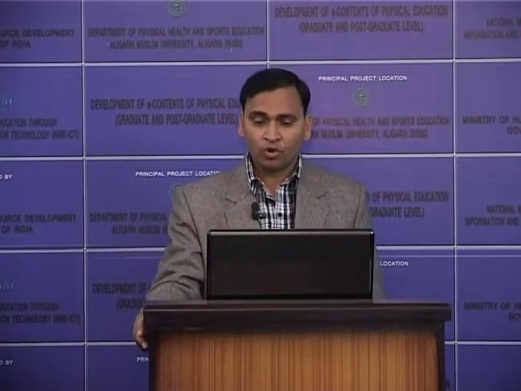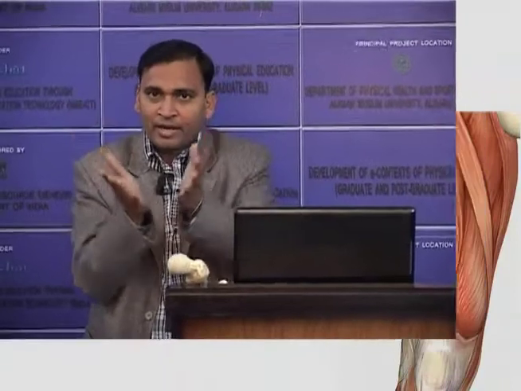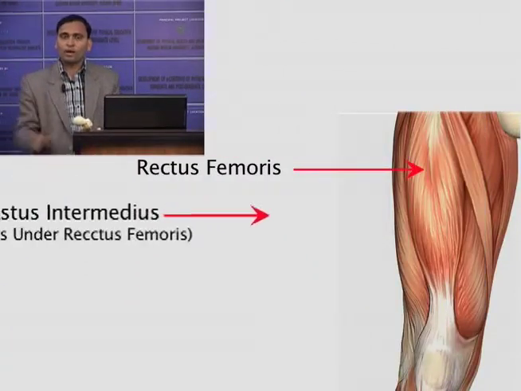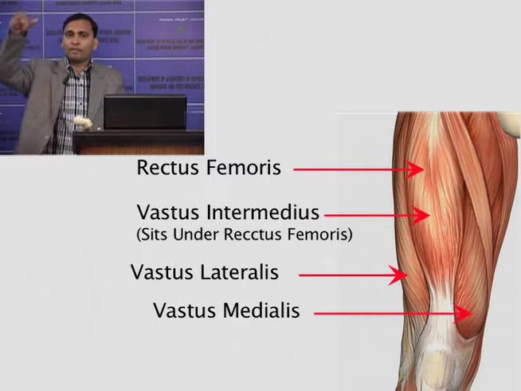Now come to the insertion of the quadriceps muscle. The four muscle bellies converge distally over the anterior side of the patella and form a powerful tendon, the patellar ligament, which is inserted onto the tibial tuberosity. All four muscles come down and insert over the tibial tuberosity. Suppose all four muscles are coming from above, converging, making a tendon down and going to insert over the patella and over the tibial tuberosity.